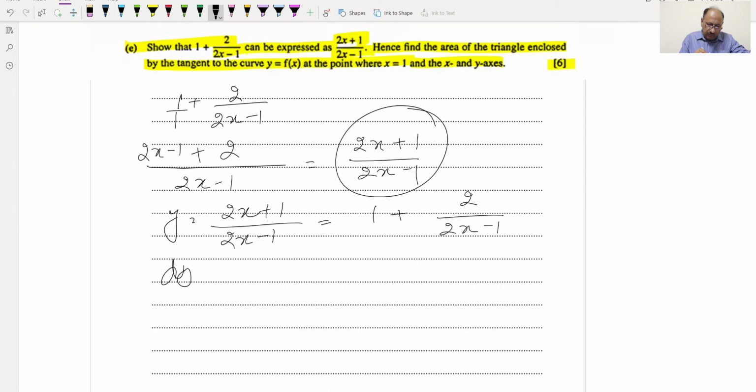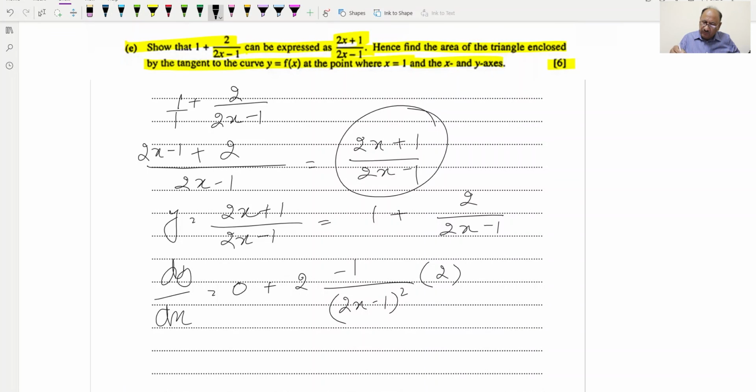So dy by dx will be equal to derivative of this whole thing. We will be writing derivative of 1, which is a constant, so it will be 0, so plus this will be 2 as it is, and minus 1 over 2x minus 1 squared